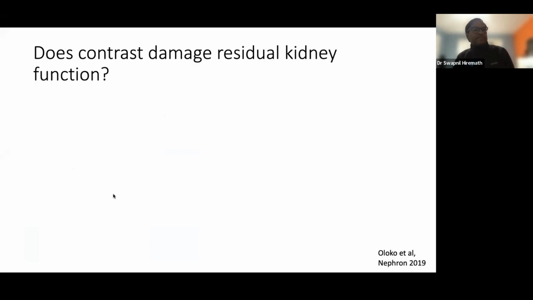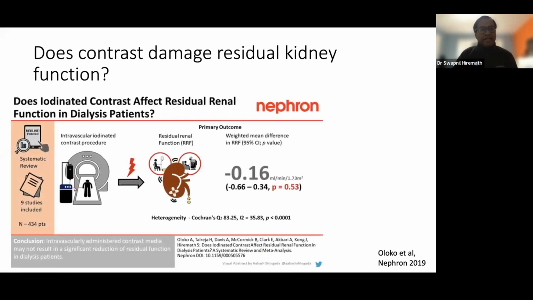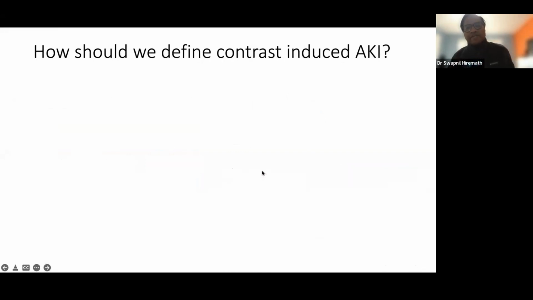What about residual kidney function, right? We often have patients on hemodialysis who are making some urine. We have patients on peritoneal dialysis, especially, who make a lot of urine, and residual kidney function is very precious in these patients. We looked at a few studies that had looked at giving CT scans or angiography in patients with PD. And what we showed here is that the difference in the residual kidney function slope before and after contrast was really not significant. It was very, very small, 0.16 ml per minute per 1.73 meters squared. So for residual kidney function, it doesn't matter.